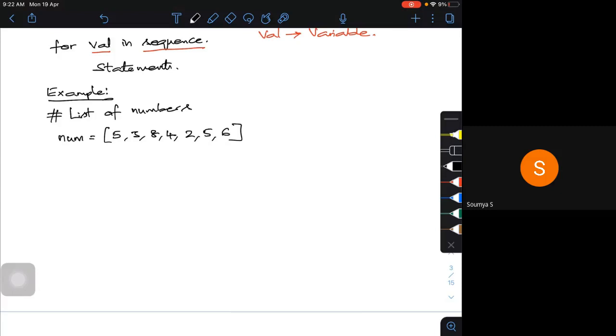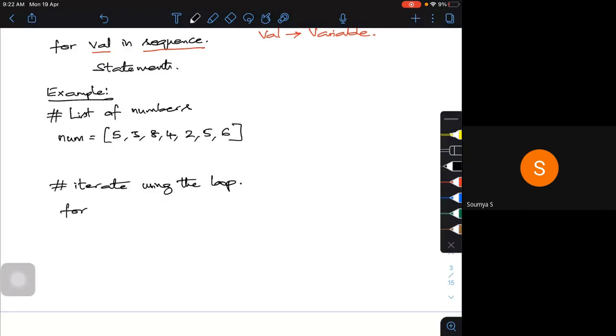I'm going to iterate using the loop. For some condition. What is the condition? It's a variable or a value in numbers. For that particular condition in your numbers.